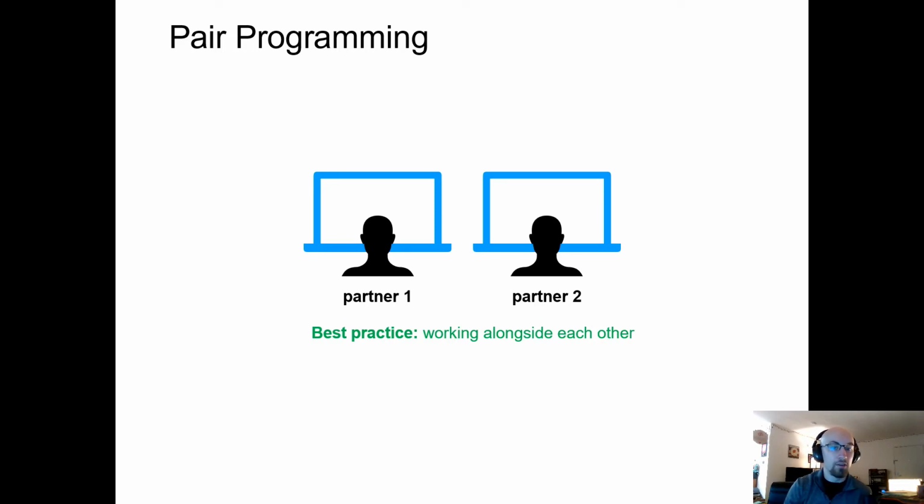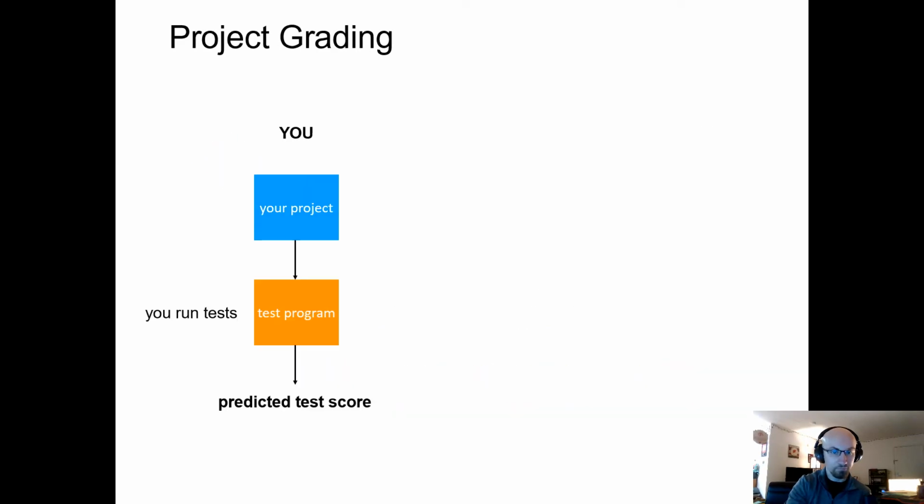Pair programming is super helpful to you because you get someone else's eyes and you're able to communicate back and forth and think the problems out loud. So this is for your benefit as well, because a partner is there to help you learn how to code, not to complete part of the project for you.